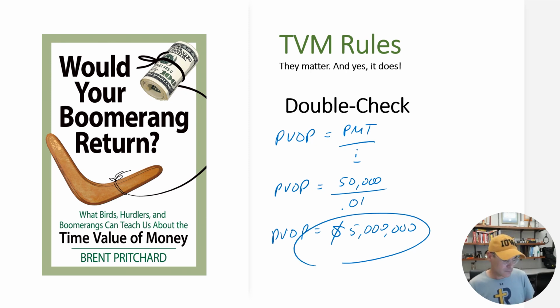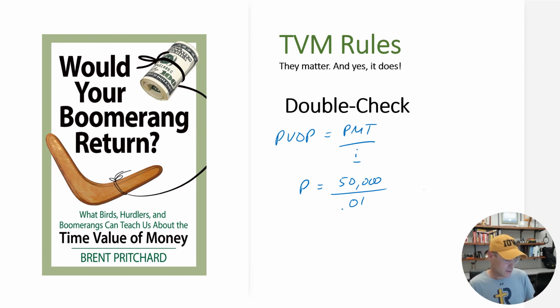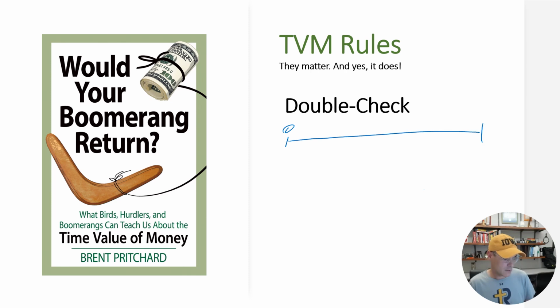It's a big number. I'm going to erase this, and I want to show you, this is a little bit of bonus material here, but I want to show you how this works. Again, what do we mean by maintaining purchasing power? So I'm going to draw a timeline. I'll give myself some room here. It's going to go all the way out to infinity. Again, this is going to be a really large payment. And we just worked out the math. So it's going to take $5 million to fund this endowment.